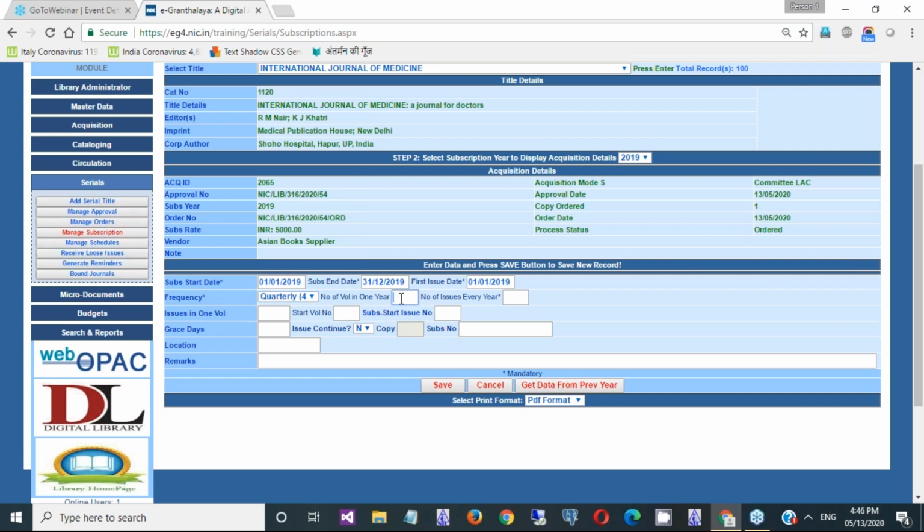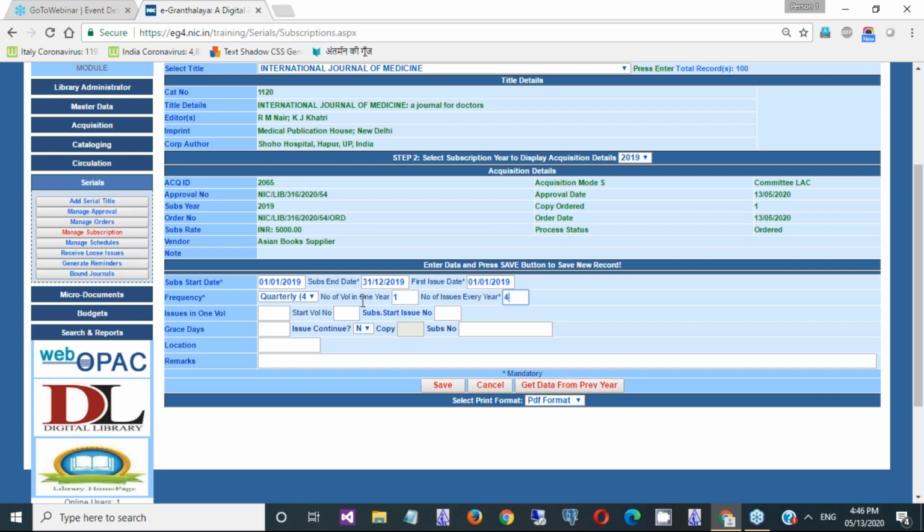Then the number of volumes in 1 year. There may be many variations in the number of volumes published per year, like New Scientist publishing 4 volumes every year. In most cases, 1 volume is published every year. Number of issues every year is 4 because this is quarterly.